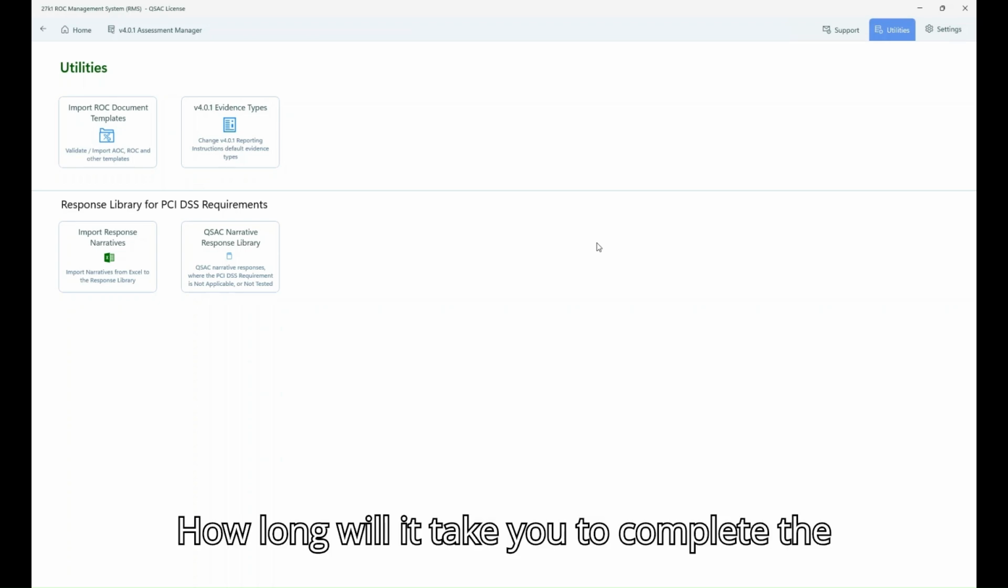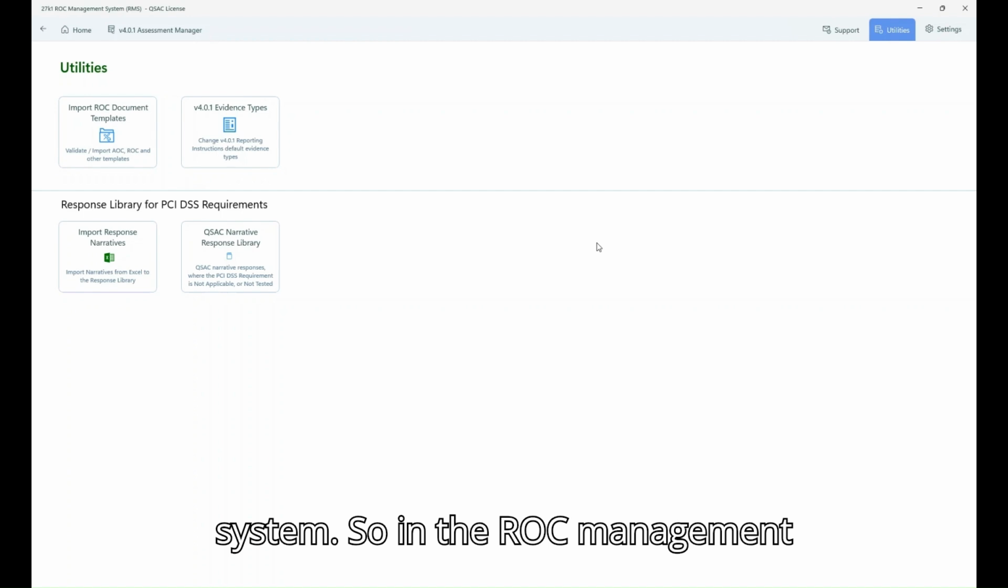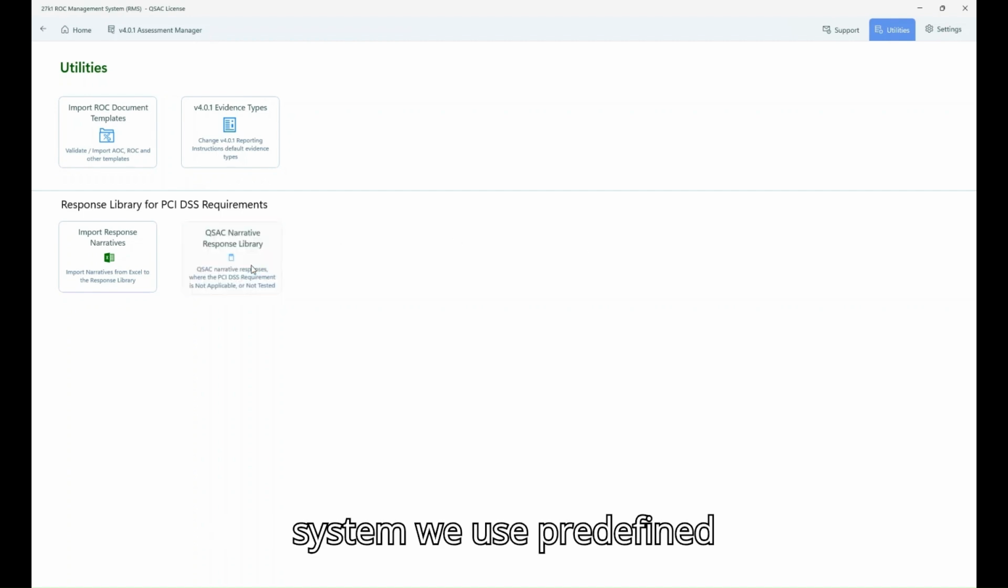How long will it take you to complete the 260 narratives for a SAQ A eligible merchant? Let's see how quickly I can do it in the ROCK management system. So in the ROCK management system, we use predefined